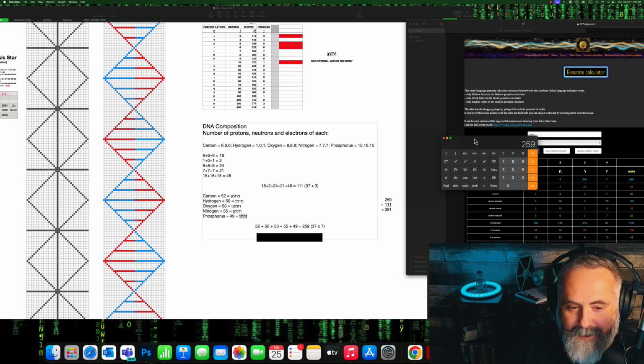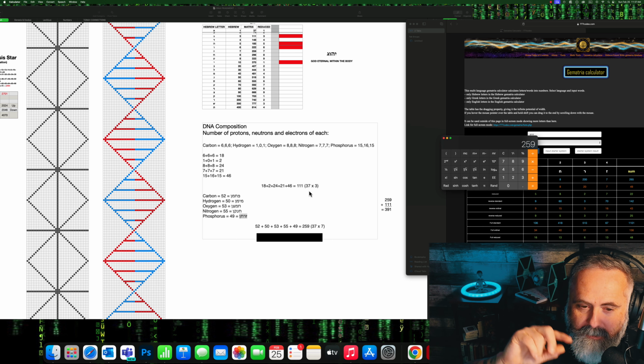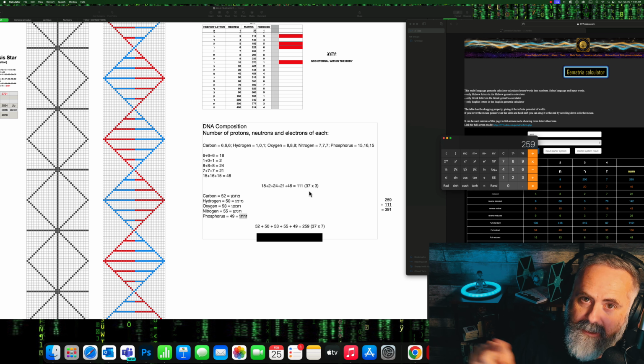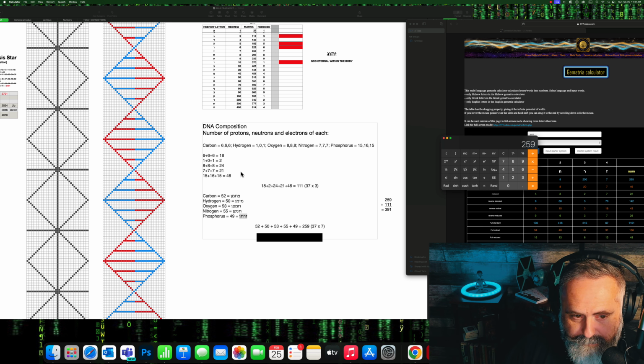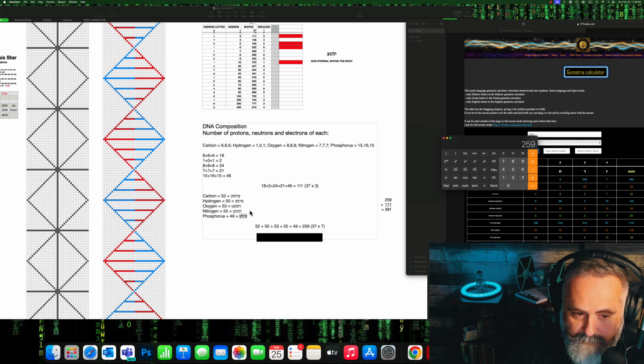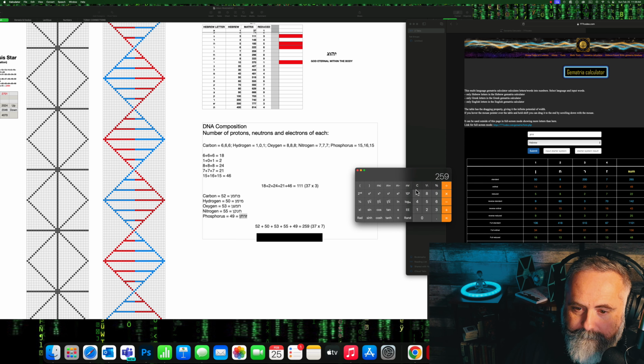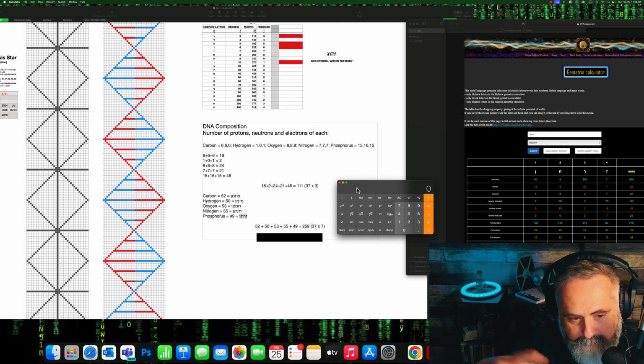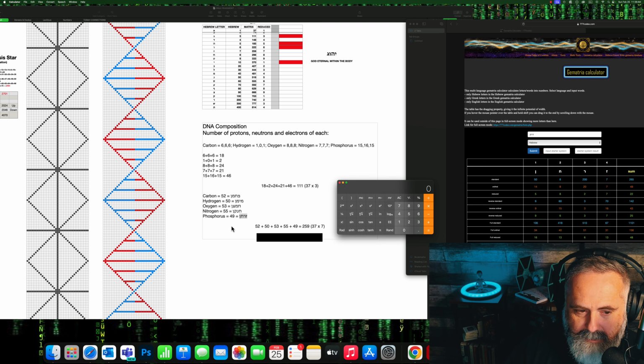Now, remember, up here we had 111, which was 37 times 3. So we have the times 3 and now the times 7, that 3 and 7 connection again. And then of course when we reduce that down even further, we got 21, which was 7 times 3, and 2 and 1 is 3. Now let's look at these numbers down here. Let's clear this. We're going to reduce these numbers right here down as well.